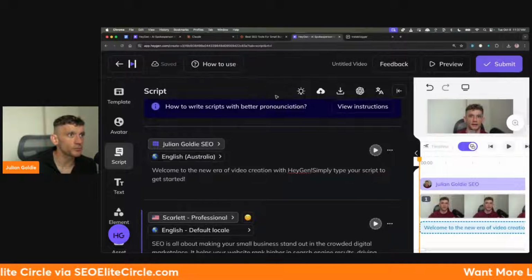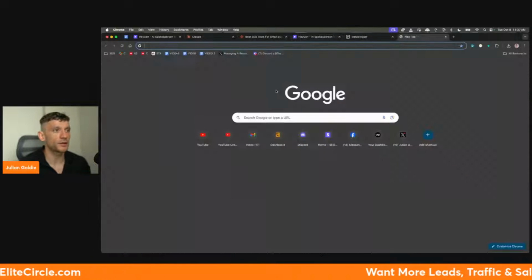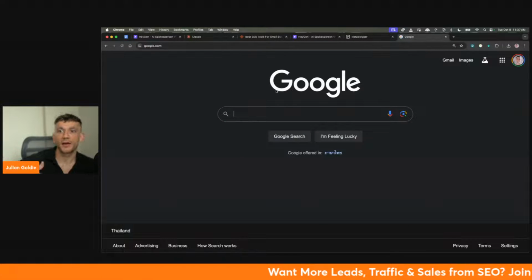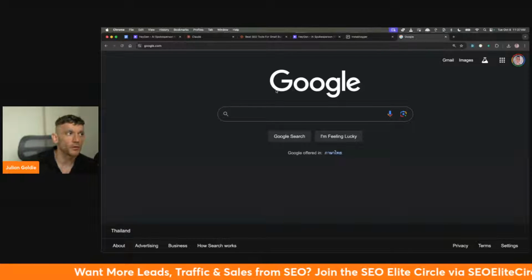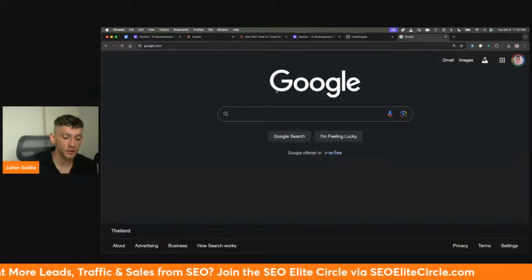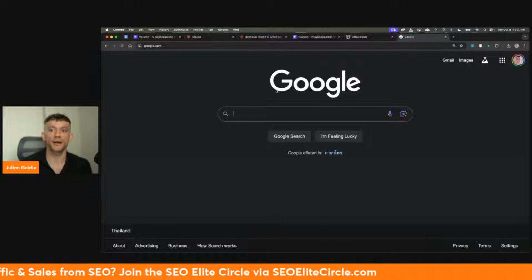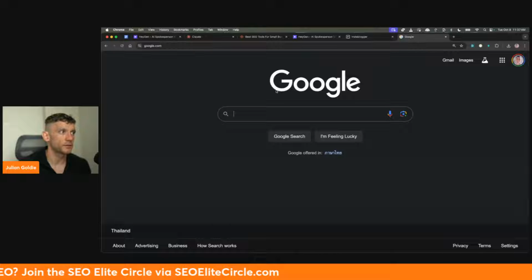Now, you might be at this point saying, okay, that's great that you can generate the video and you can create an avatar and it's all automated in one single click, etc. The one thing that I would say here is that you want to be careful that you're going for keywords that you can actually rank for directly inside Google, right? So how do you do that?